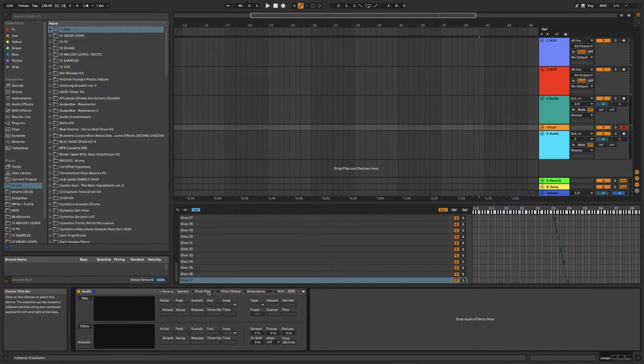Pitch is the next tab we'll go to, and this is so small, but so powerful because you have these unwarped samples, like I said. They're going to speed up as you pitch them up because they're not warped to any grid. Ordinarily, if you pitched a warped audio clip up, it would stay the same tempo, and Ableton would use its algorithm to give you a higher pitch. With these, it's unwarped, so it's just going to speed them up when you pitch them up. So